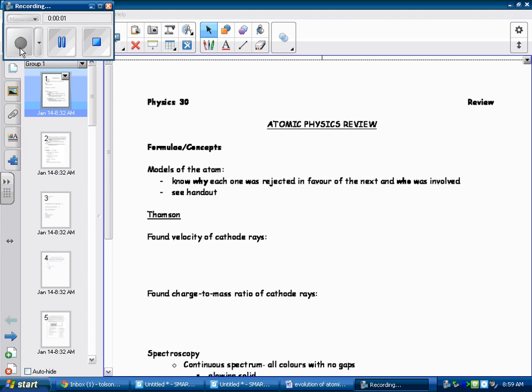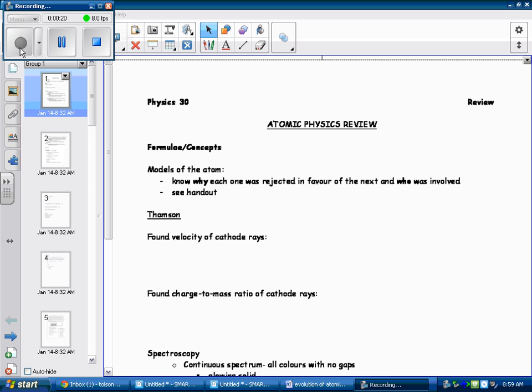Okay, so this is our last unit that we're reviewing, atomic physics. The one we just did, so it should be the one that's most familiar to us anyway. So I'm going to go a little bit quicker through here than I might otherwise go. Just in terms of formulas or concepts, probably the biggest overarching theme in here that you have to